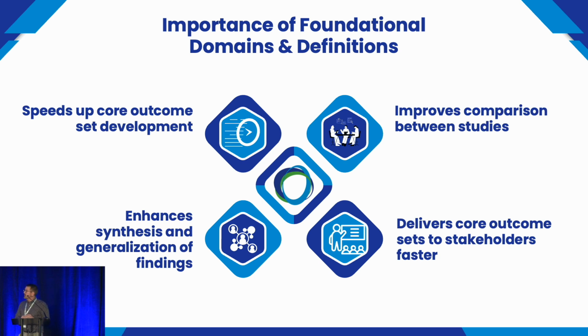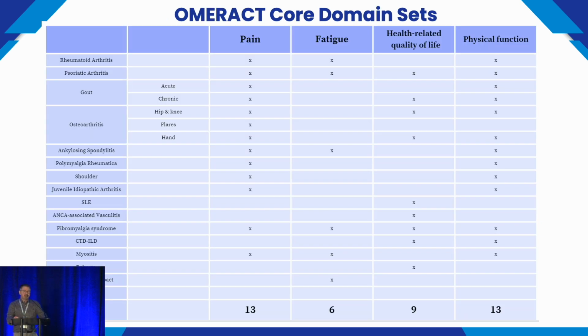When we look at the OMERACT core domain sets that have been developed, I'm sorry that I tried to enlarge this, but I had trouble with it this morning. If you look at, for instance, pain, we see that 13 different core sets have pain in their core set. If we look at fatigue, that's present in 6. This concept of health-related quality of life in 9, physical function in 13. So these are opportunities for us to think about these different terms and how we might come up with a